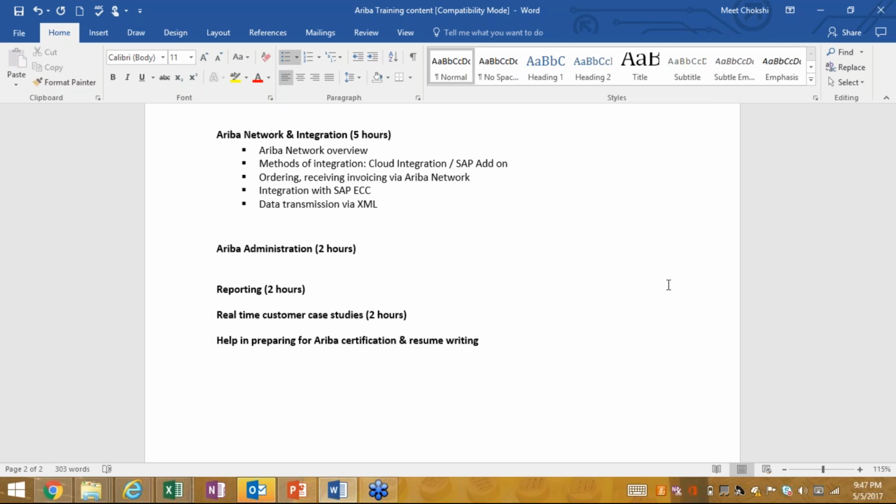But now since SAP bought it, they have to integrate two solutions, right? Whatever master data we are talking about, material master, vendor master, pricing, catalogs, unit of measures, material groups, what else?